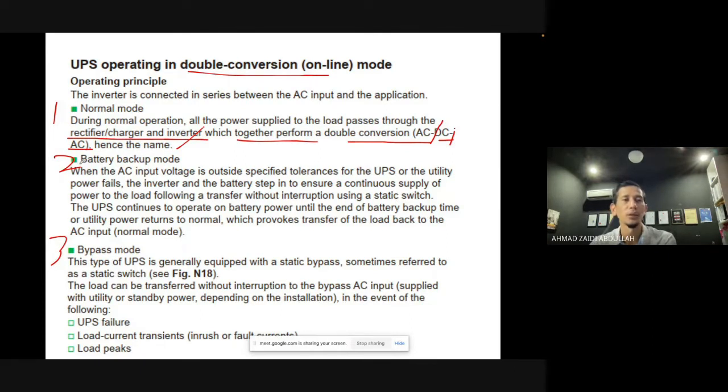Suddenly, let's say we have an interruption from TNB, the inverter and battery step in to ensure